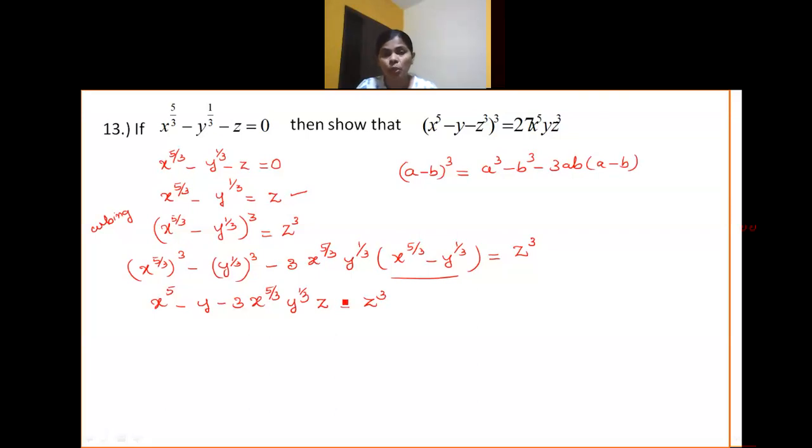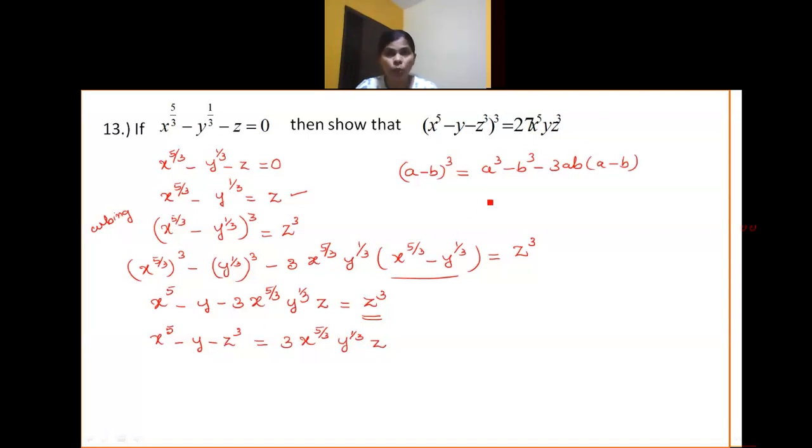Now over here, if you look at our final answer, it says we need x to the power 5 that I have. We need minus y, that also I have. Then I need minus z cube, which is there on the other side. So let me shift this z cube to the left side, so that I can write it as x to the power 5 minus y minus z to the power 3, that's equal to 3 into x to the power 5 by 3 into y to the power 1 by 3 into z. So now once again if I compare, the left side almost looks the same,